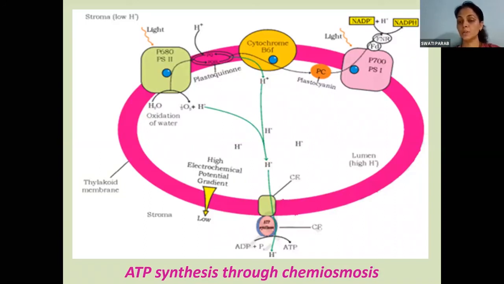See, there's one question. Can you all tell me where the proton concentration is more, in the lumen of thylakoid or in the stroma? कहाँ पे प्रोटॉन ज्यादा रहेगा? And you have to give me the reason why. Yes, think students, tell me. Where there will be more amount of protons, in the lumen of thylakoid or in the stroma?